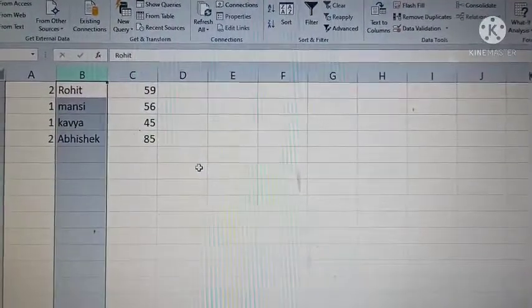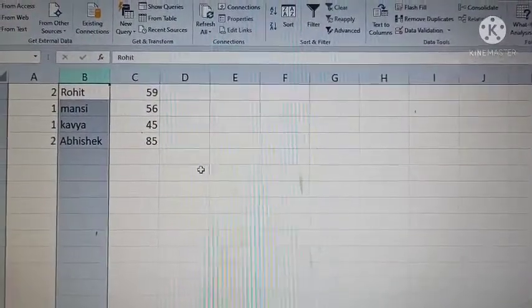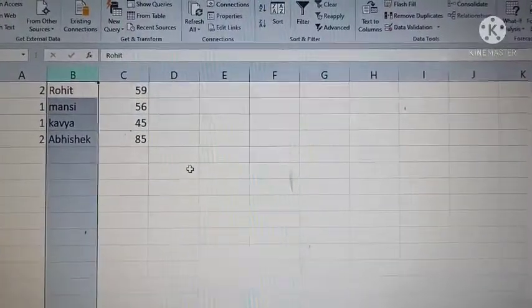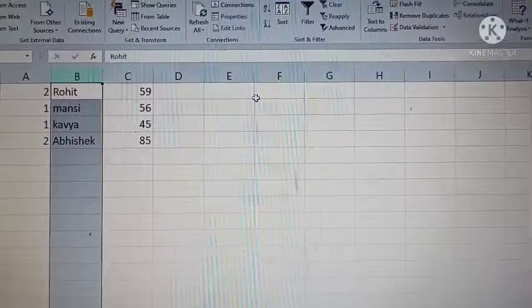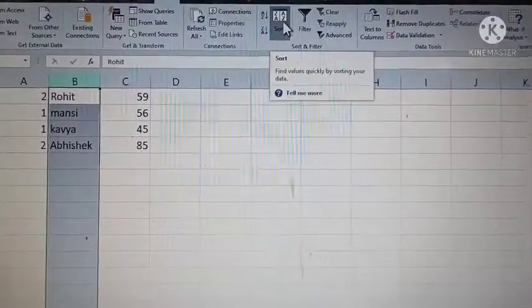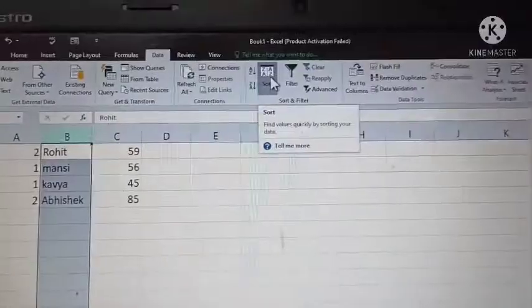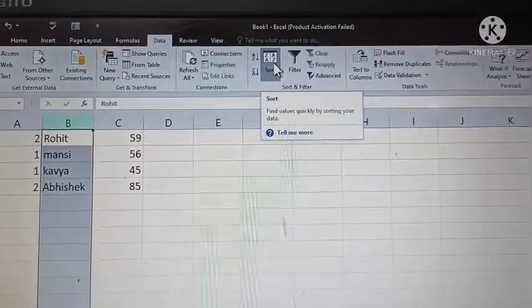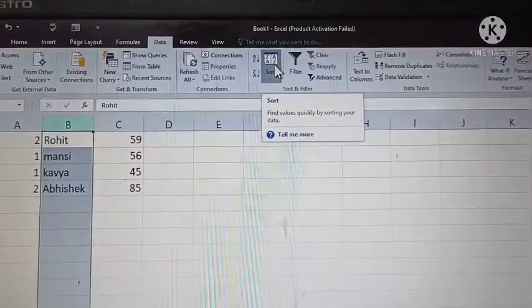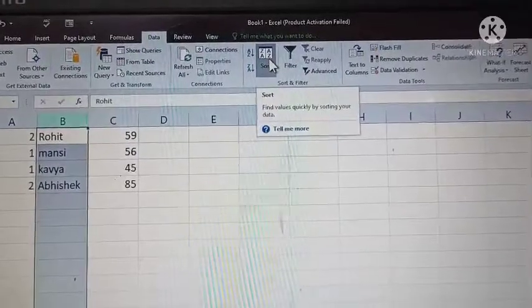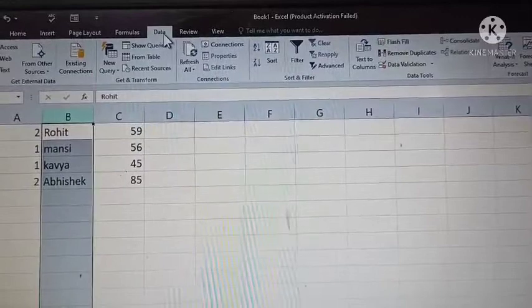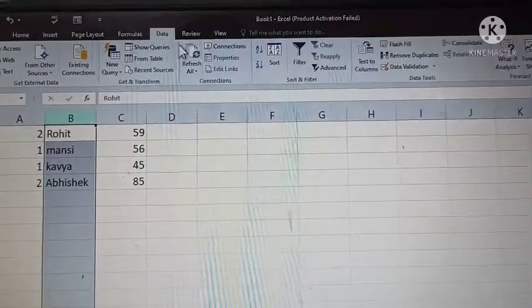You can also click on the down arrow button and choose the Sort command from the menu that appears. Sorting with the Sort dialog box. Firstly, click on the Data tab. Okay. Now click on the Sort option in the Sort and Filter group.